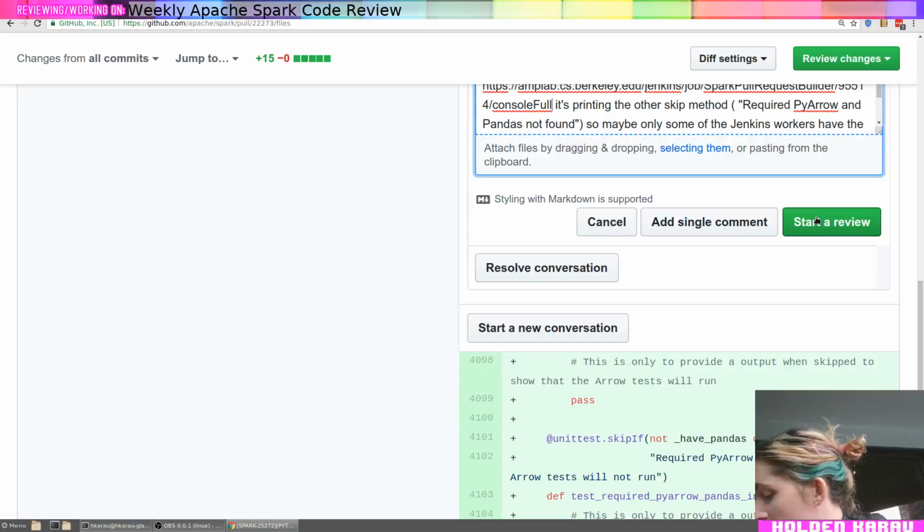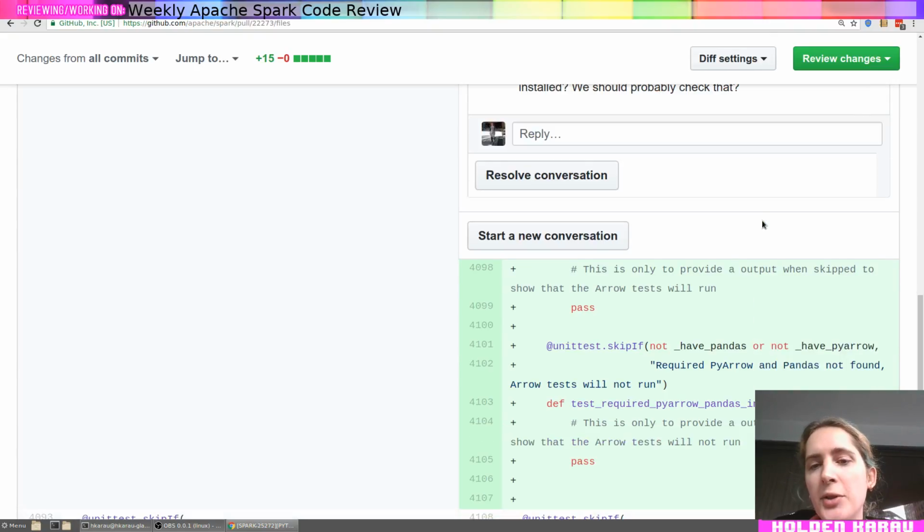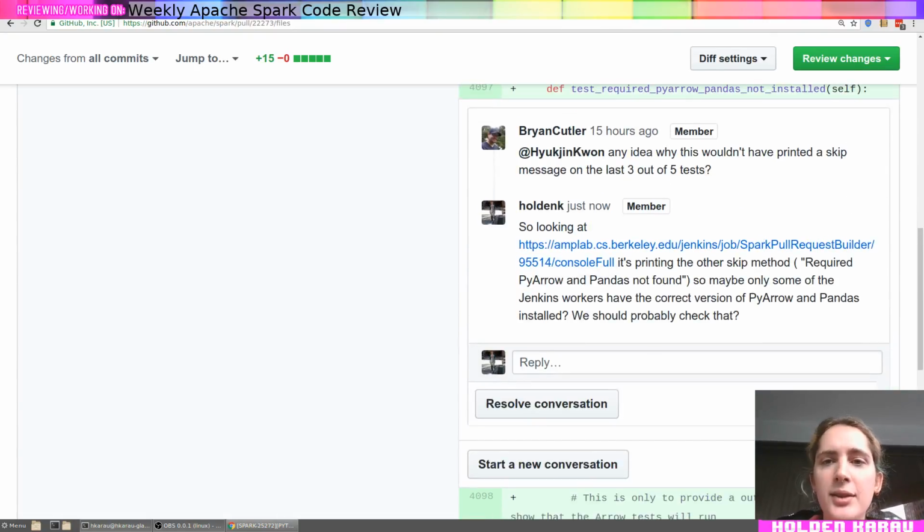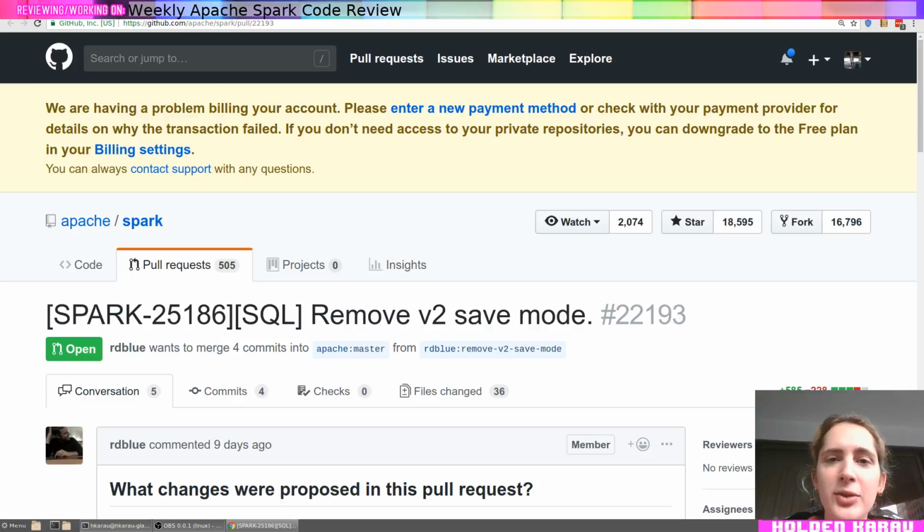So that would be the most simple explanation of why it's not deterministic: the different Jenkins workers have different versions of these libraries installed, and that's unfortunate. But that's life, and that means we haven't been very deterministically testing Arrow support, so that's not great. It's not the end of the world though, because it does get tested periodically, and so hopefully if we break anything, we'll notice eventually. But it's better to catch it sooner than later, so that's certainly a thing we should consider trying to fix.